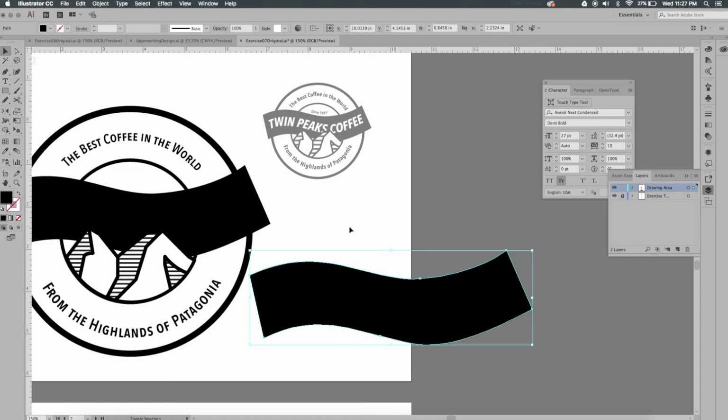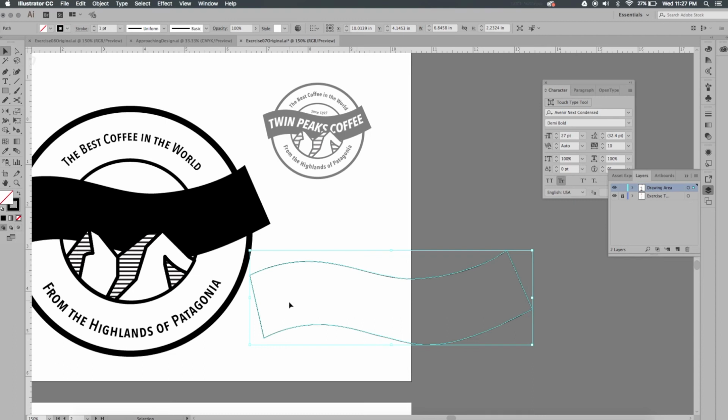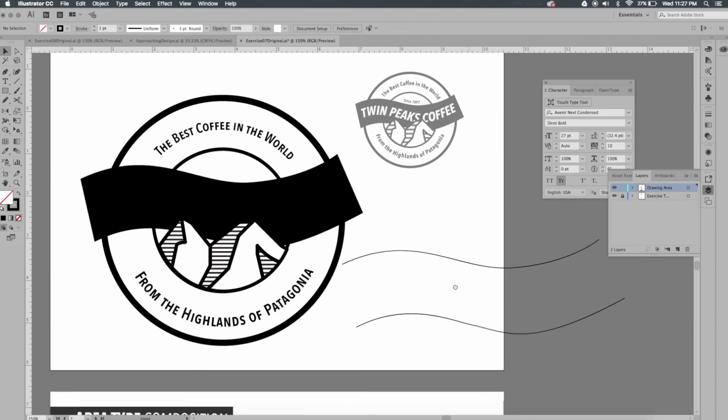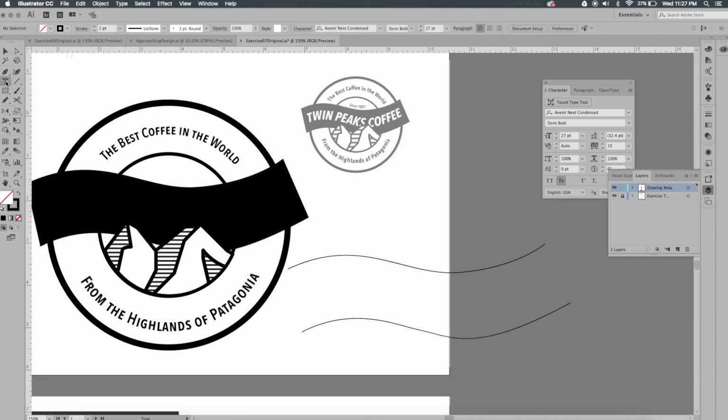So I'm going to do Shift X to switch the stroke and the fill. I'll hit the C key for my scissors, and I'll begin to cut out these segments. Click on this anchor and this anchor, hold down on the black arrow, select that segment, and delete it. Okay, so now I'm left with the line segments that I need. I'll go ahead and just begin my type